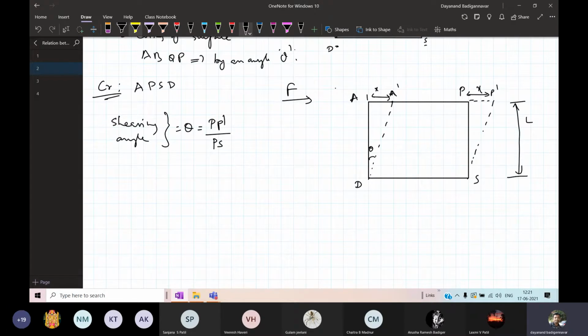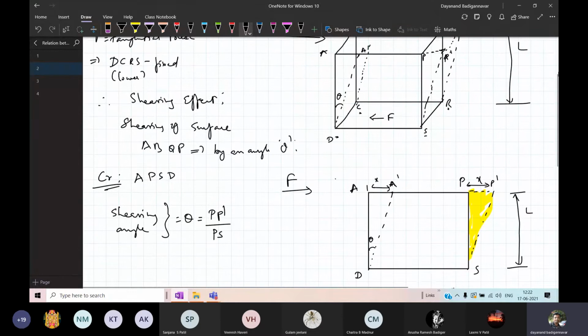Now what I will do is I will separately represent this part. Whatever this part I have, there is an angle P dash. I will separately show it. So if I show it separately, it represents like this. So this is P dash and this is S. From here to here it is L, and from P to P dash it is X. Now hope this is clear, students.